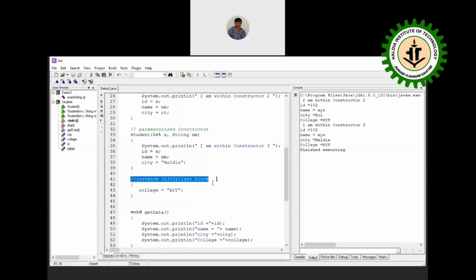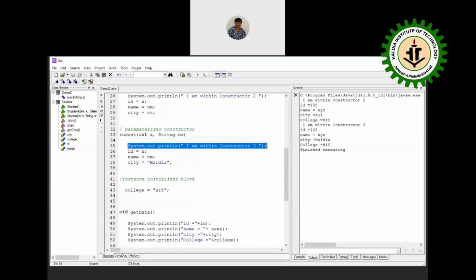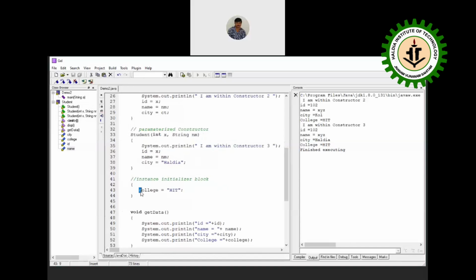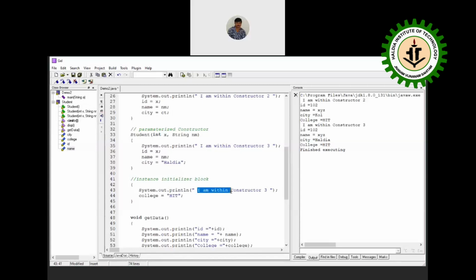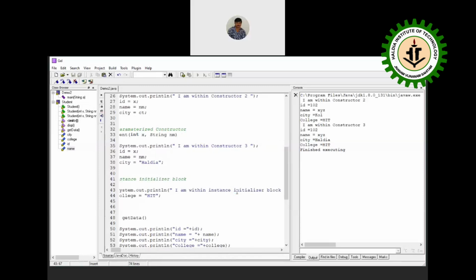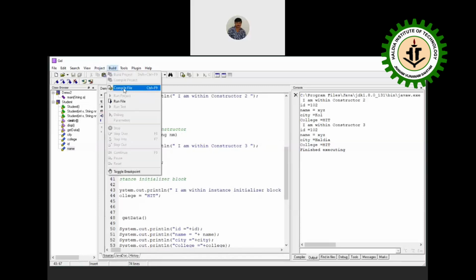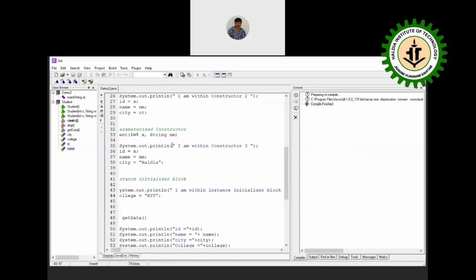So it will initialize the id with 101, the name with abcd, but the city will be initialized by the values we have already sent by this. Can you see the exact functionality of this? Is there any confusion about this? No. Okay. Another way we can use this, suppose